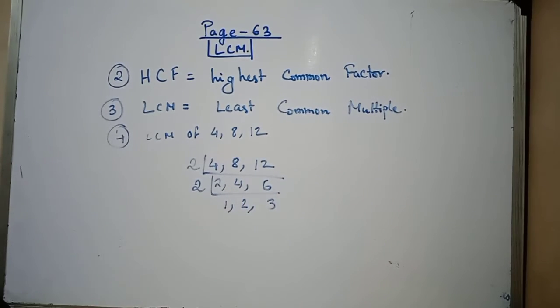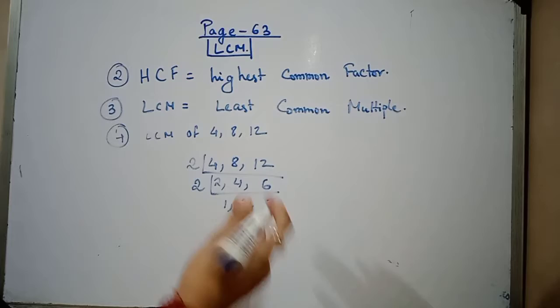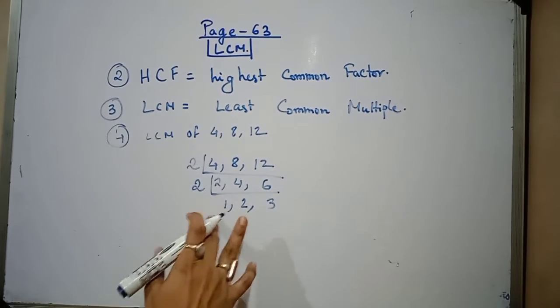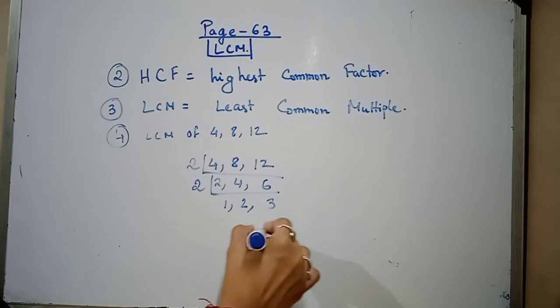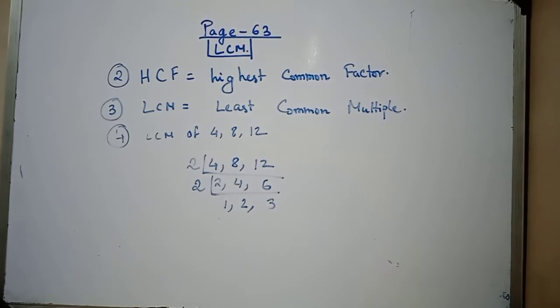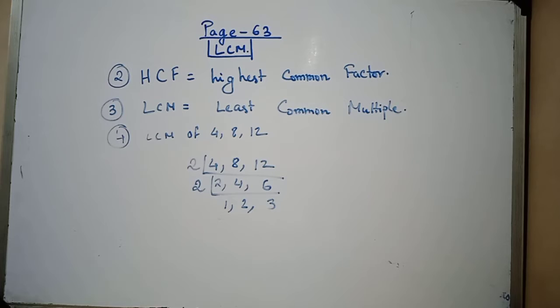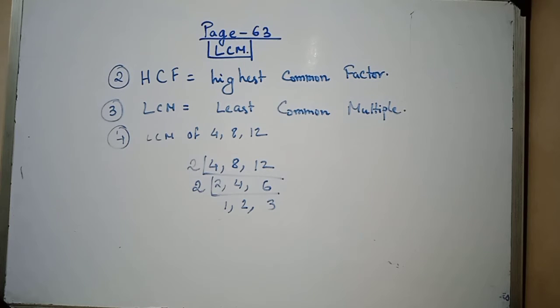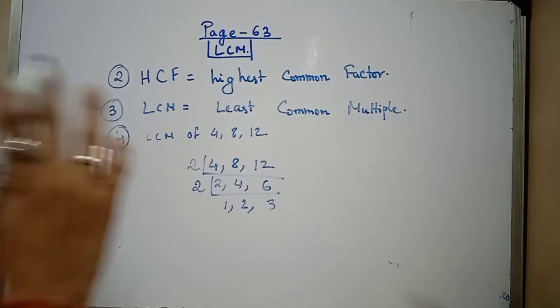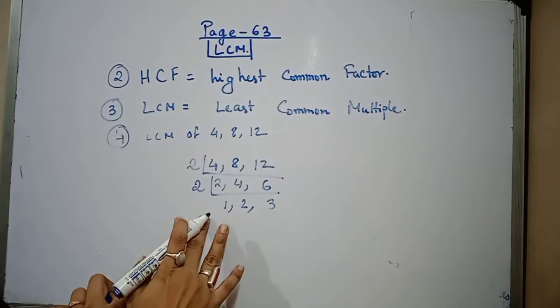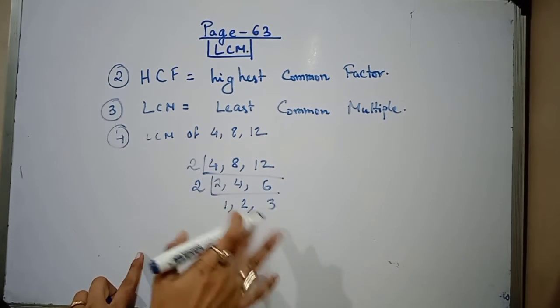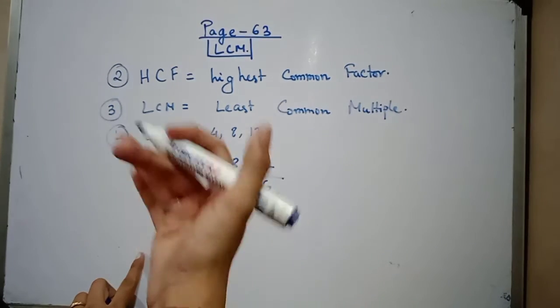Now when we find the LCM, in the next step we can also divide this by 2 and we will get 1, 1 here. We will also divide it by 3, then we will get another 1, 1, 1 here, and we have to continue until we get all the remainders 1. But as we have already done this chapter and we know what LCM is, I can use this shortcut method also. But what we have to do here, we will not divide 2 and 3 in the next step,